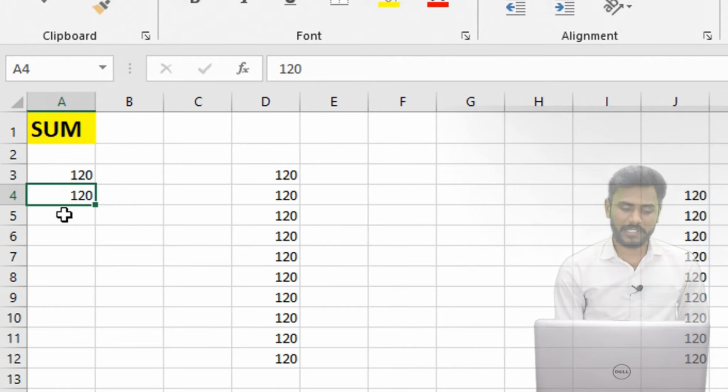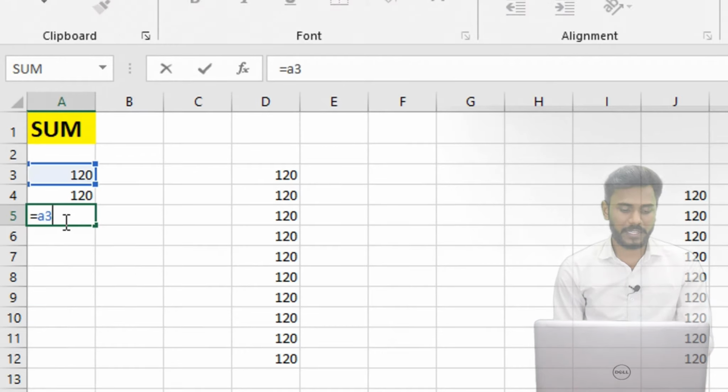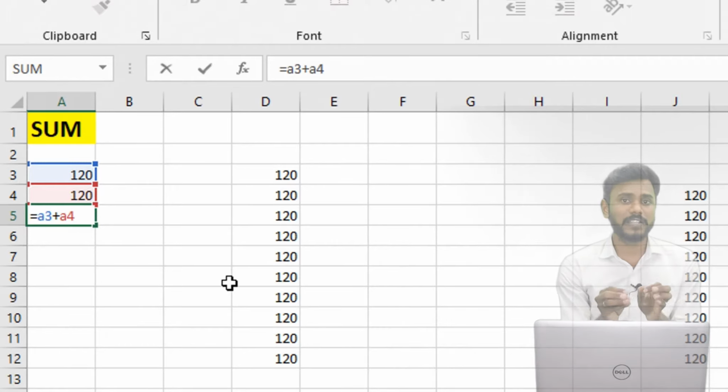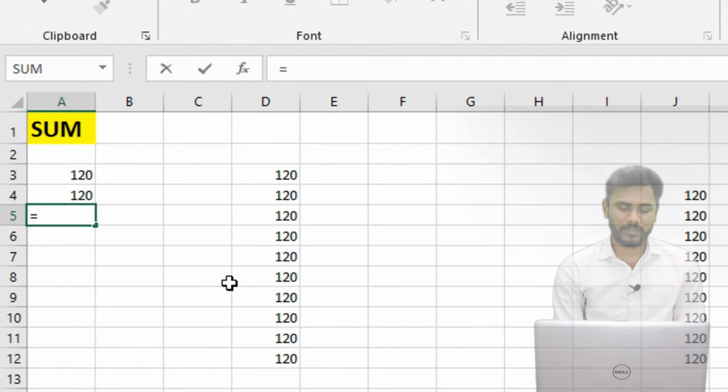If you know the addresses, directly start with equals to the first 120 address, A3 plus A4. So if you know the address, you just enter the cell reference addresses. When you don't know the addresses, after starting the formula, simply select string number 1 plus string number 2.